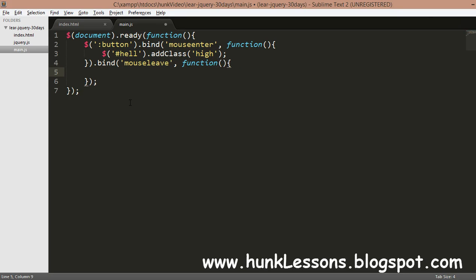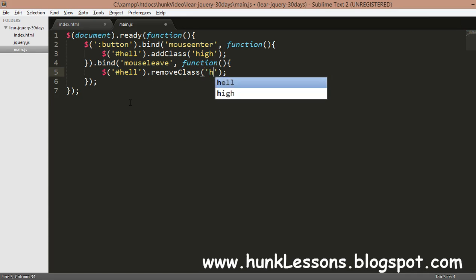Okay, and we will select that hell div, and we will do a remove class function, and we will remove the high class.